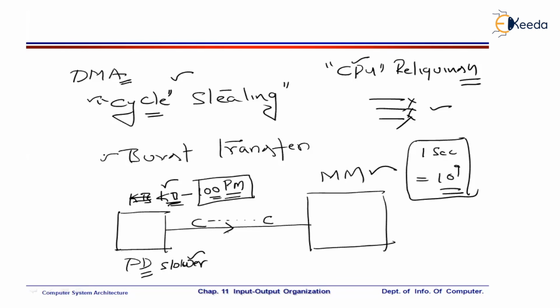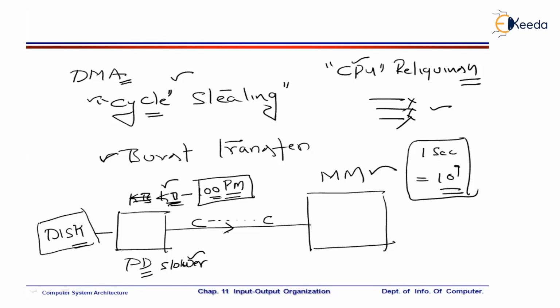What is burst transfer? Let me tell you. If this peripheral device is a faster one, let us say a disk. A disk is more than capable of engaging the bus system to its potential. So you don't need to bother about the disk. Disk is very fast, and can engage the bus system. Disk can transfer tons of data. Huge volumes of data can be transferred by a disk.